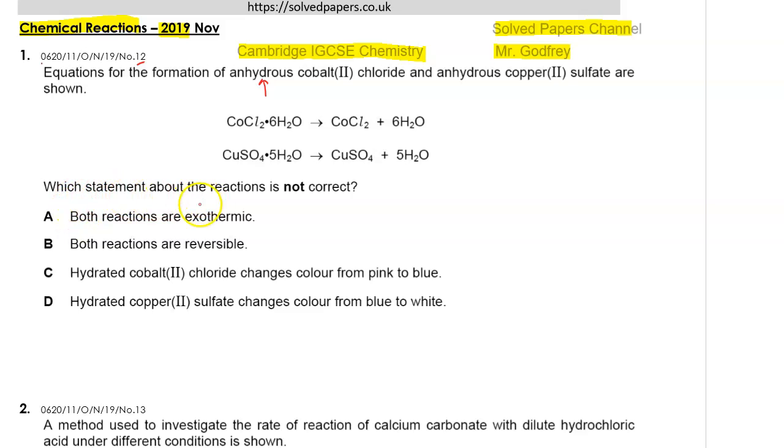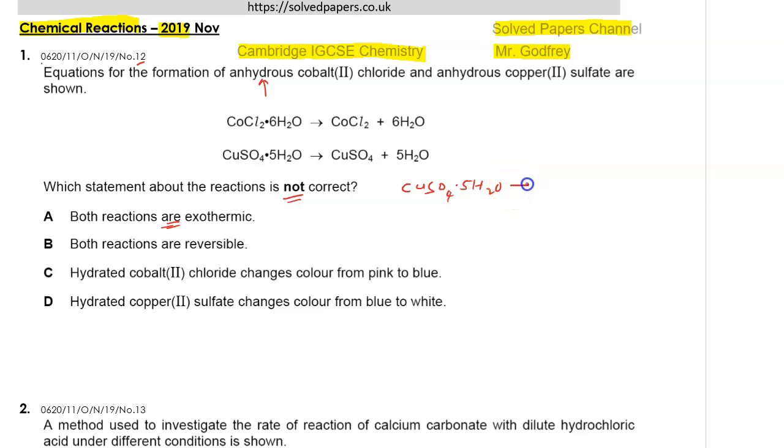Which statement about the reactions is not correct? The one which is wrong. Of course, both reactions are not exothermic, as it is indicated there. So this is definitely the answer. But let's see what the other choices say. Both reactions are reversible. Yes, this is correct because you can convert hydrated copper 2 sulfate to anhydrous copper 2